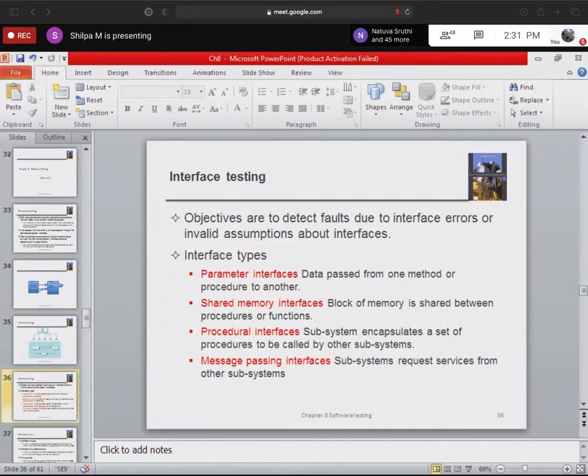But not only that, a shared memory concept comes into the picture wherein multiple processes are sharing the same data or files, or trying to access the same procedures or functions.